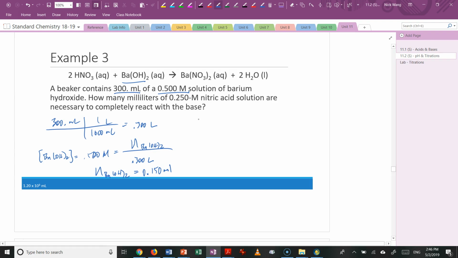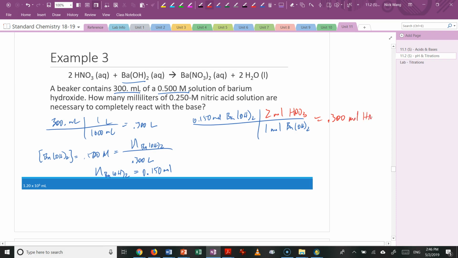Since I know that 0.150 moles of barium hydroxide is involved in this reaction, and I have a mole ratio that helps me relate them, I can set up a conversion bridge using the mole ratios to get what I need. Just for the sake of having some colors here, let's use red to represent the acids. That's every 2 moles of HNO3. Do some math here, and you get